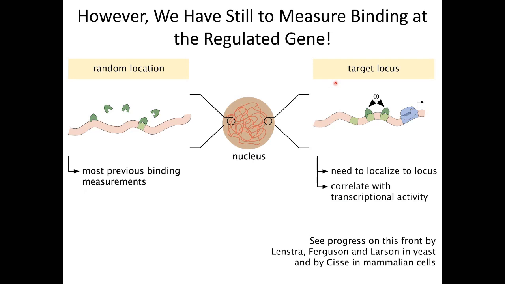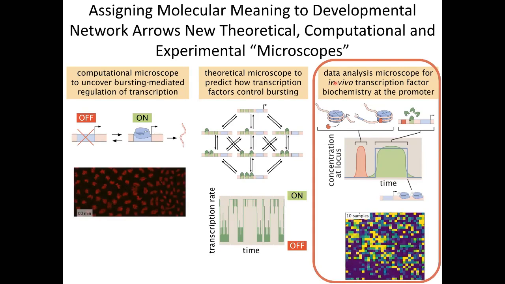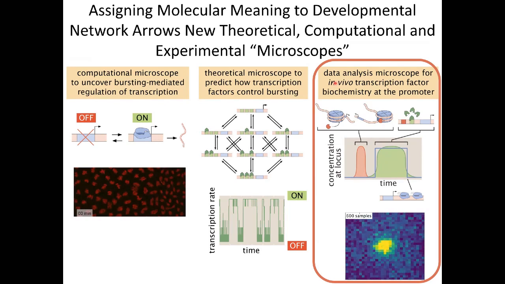So great progress has been made on this front in yeast and in mammalian cells, but it's been tricky to do this in flies. Okay, and we have theoretical reasons to believe that at the site of nascent transcript formation, you will get long-lived events. And we can talk about it also in the questions period if anybody's interested. Okay, so how do you actually then go from just measuring binding at a random location to correlating binding and transcriptional output?